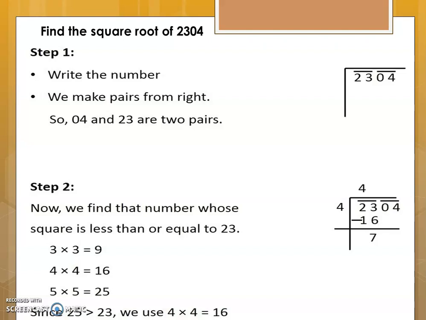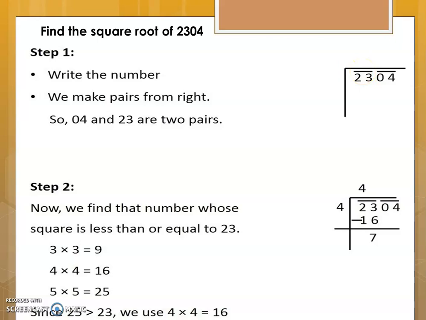Now the first step is to pair up the digits of the number. And from where are you going to start pairing? You will start from the units place. That is, 4 and 0 will be one group or one pair, and 3 and 2 will be another group or another pair. In this way you divide them into pairs of digits. As you can see in the example here, there is one bar on top of 0 and 4, and one bar on top of 2 and 3. This bar has been placed just to show that they are one group.